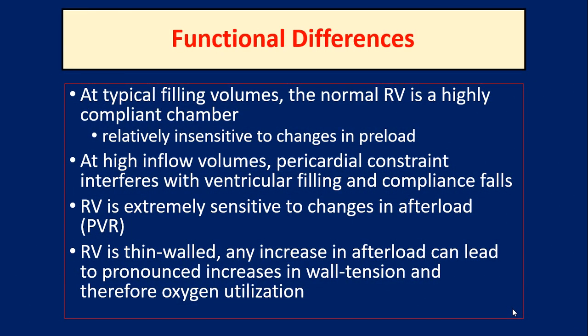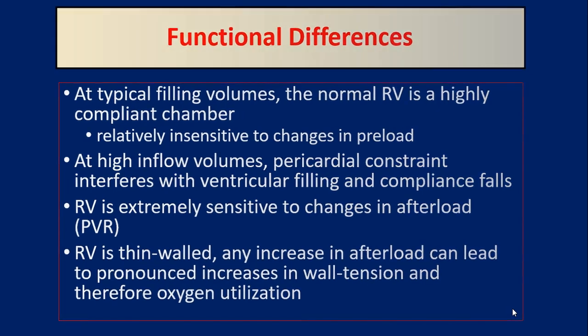In a typical filling volume, the normal RV is a highly compliant chamber. It is relatively insensitive to changes in the preload. What I mean by relatively insensitive is, if I increase the preload, the majority of the time the output of the right ventricle increases at minimum pressure changes. At high inflow volume, pericardial constraint interferes with ventricular filling and compliance falls, which we will discuss in future slides. The right ventricle is extremely sensitive to changes in the afterload. So if the PVR goes high, the right ventricle faces the brunt. The RV is thin walled. Any increase in the afterload can lead to a pronounced increase in wall tension and therefore